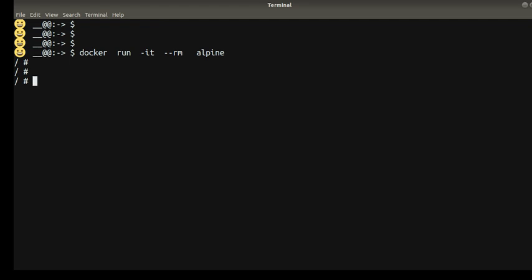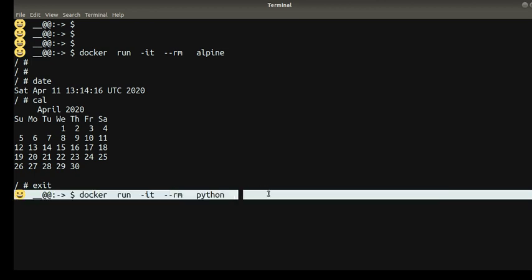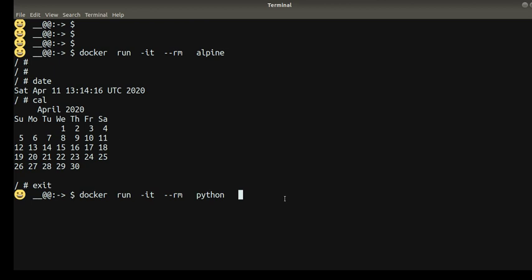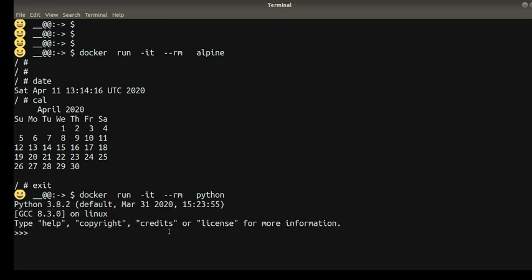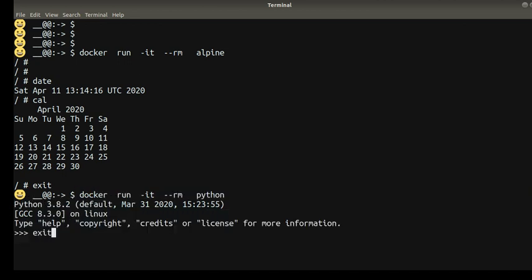I can hit commands and a couple of things. I can exit out. Okay, and likewise, if I use only the Python image, and I'm not defining anything as a parent process, what I'm getting is a Python 3.2 interpreter, and I'm coming out of here, by the way,